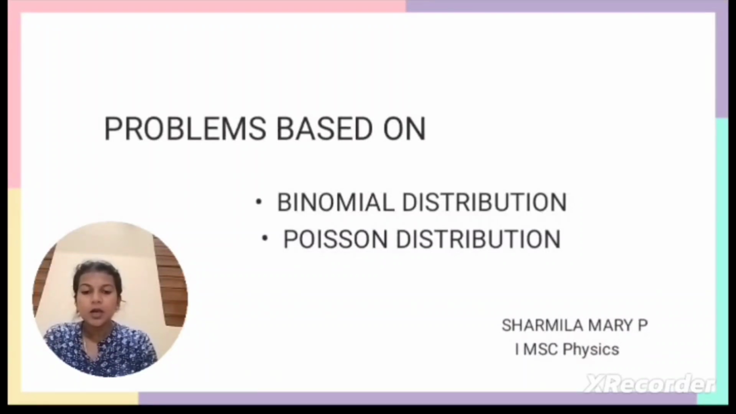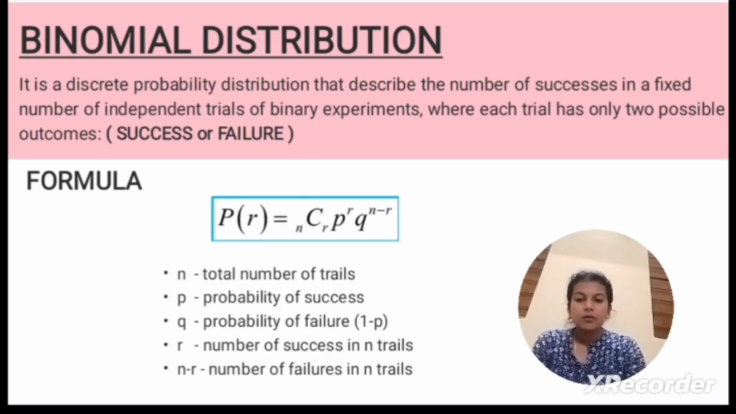Hello friends, my topic is problem based on binomial distribution and Poisson distribution. Before going into the problem, first we discuss the basic definition of binomial distribution. It is a discrete probability distribution that describes the number of successes in a fixed number of independent trials of